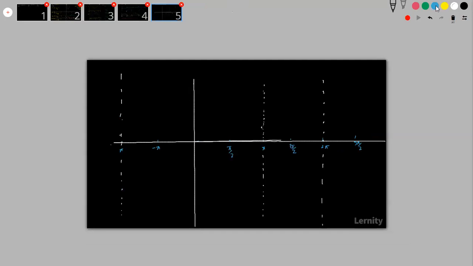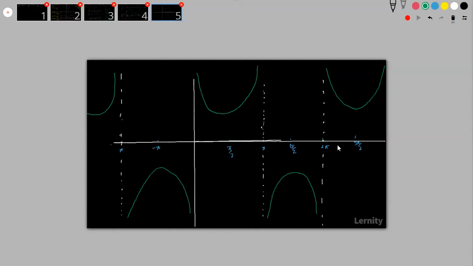Okay. So this is fine. And here it was like this. Here it was, yeah. Okay. Fine. So everybody understood now what these curves are and how they will look.